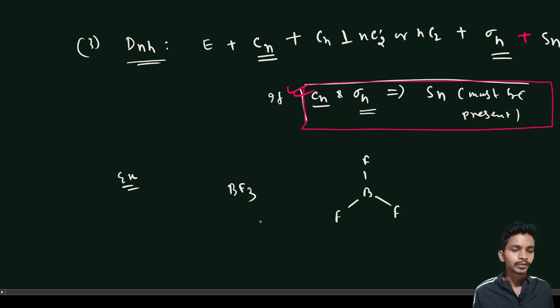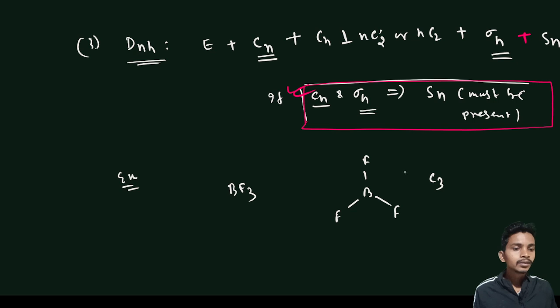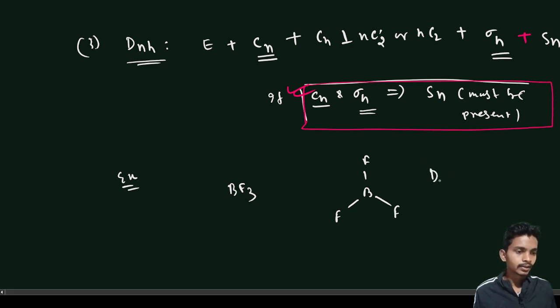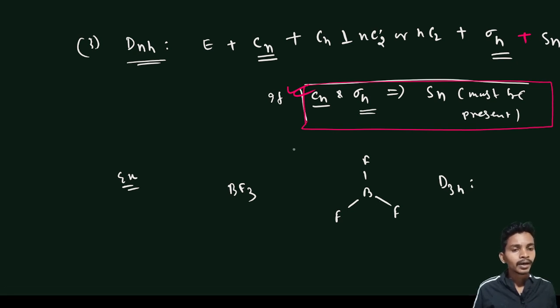the perpendicular to the principal axis is C3. So this is D3h. Sometimes I say 3, sometimes 4, sometimes 5, and this comes from the principal axis. Since here the principal axis is C3, that's why we write D3. If the principal axis is C4, then we write D4. So here the principal axis is C3, so this is the D3h point group, because C3 is present and sigma h